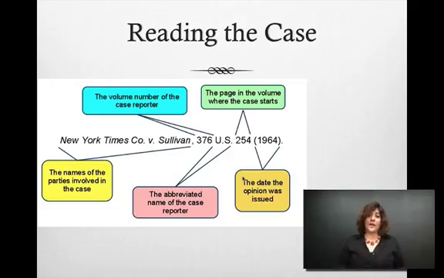Now, we're going to be reading a lot of cases this semester, and so I want you to be familiar with what you see when you look at these cases, especially as it pertains to the name. This is a pretty standard citation. New York Times versus Sullivan is a case we'll discuss. Now, in this case, New York Times is the petitioner. They have brought the case to the court, and they are asking Sullivan to respond. So Sullivan is known as the respondent. The volume number where it appears in the case reporter, which is where court cases are held, is listed next, and then the page and the volume where the case starts is what will follow, and then the last thing that we'll see is the year that the opinion was issued.